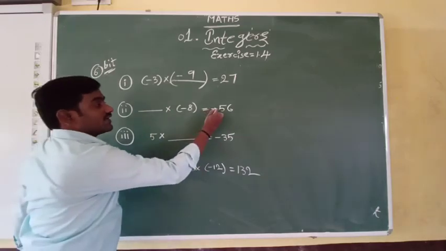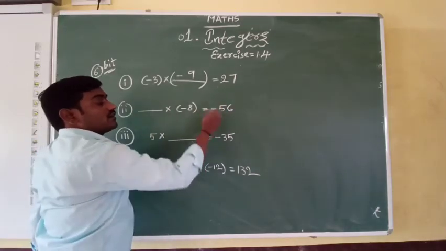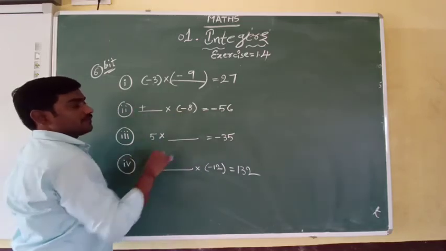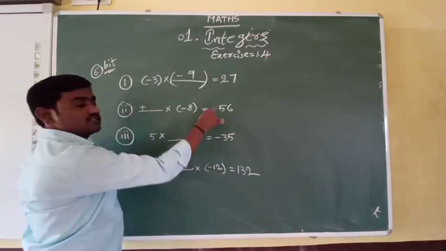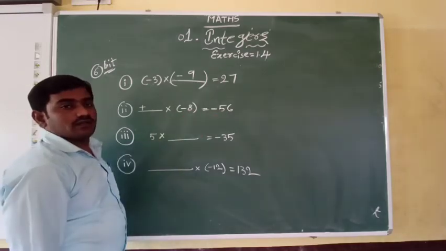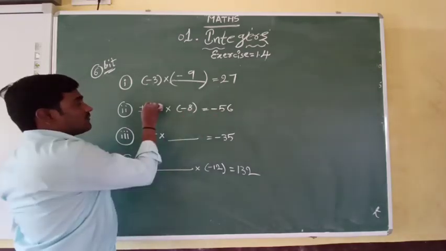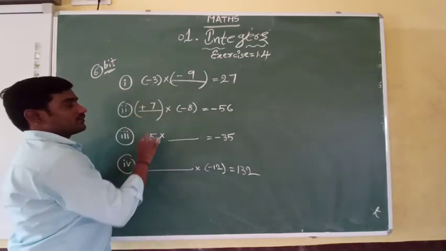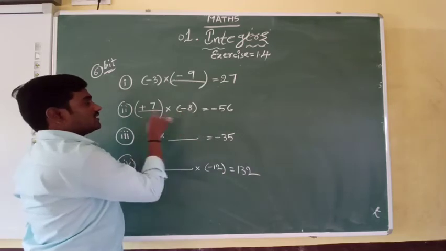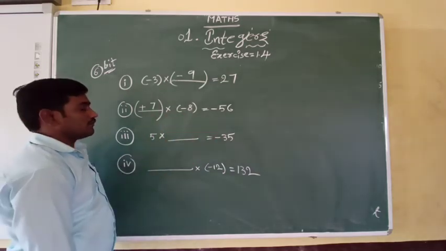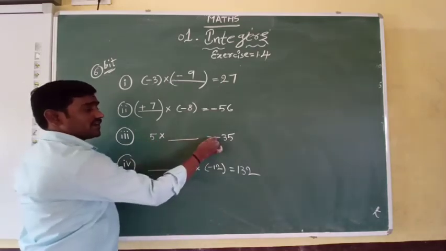Now here, after the equal sign our result should be minus. Here already there is a minus, so it should be plus here. Minus into plus will be minus, so it is balanced. 8 how many are 56? That we need to write. 8 sevens are 56. See, here it should be plus 7. Plus into minus is minus. 7 eights are 56, or 8 sevens are 56. This is simple.